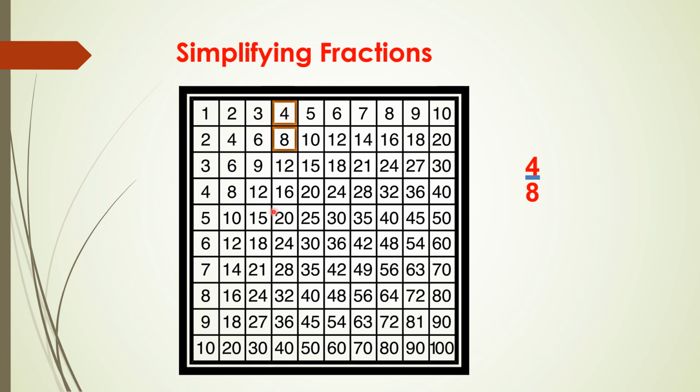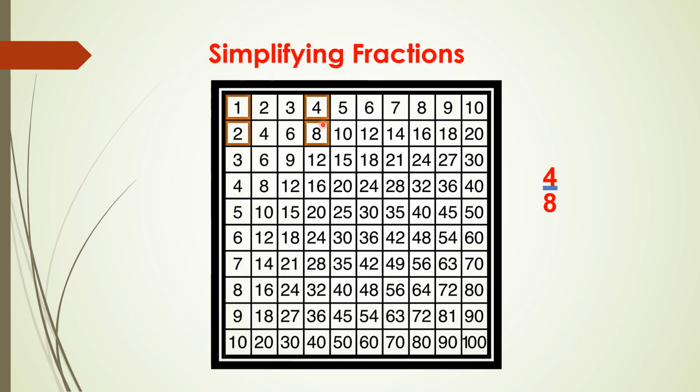In the same column where you have taken 4, you search for the number 8. So here we have it. You circle that number. Now, for this 4 by 8, in the same rows, the first row and the second row, go towards the left-hand corner of the grid. The numbers there will be your final answer, that is 1 by 2. So when we reduce the fraction 4 by 8, it is equal to 1 by 2.